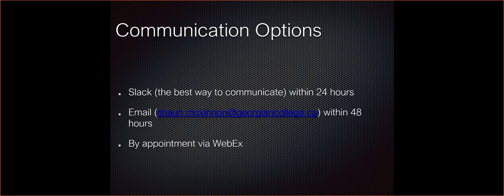Ways that you can be helpful to me is by not sending me messages arbitrarily saying this doesn't work, okay? Tell me what doesn't work, what you did beforehand that led to it not working, and then a link to your code. So ways you can share code is Dropbox, Box, Google Drive, OneDrive, but at some point we're all